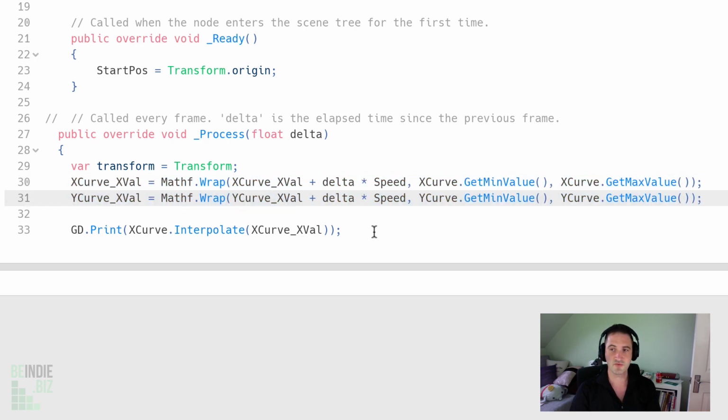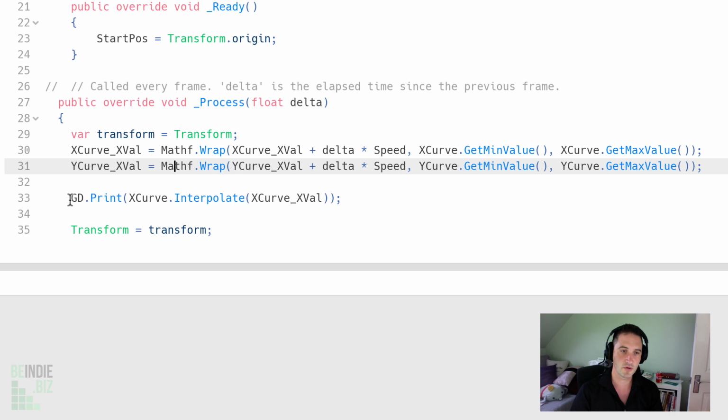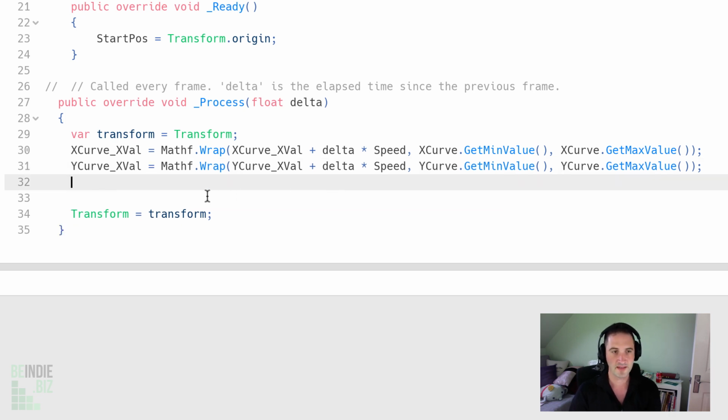And then the next thing that really we want to do is we want to interpolate these two curves to adjust the position of the camera. So I no longer want my print statement to the console. This is really easy to do here. All we need to do is to say transform dot origin. Remember, origin is my position. It should equal